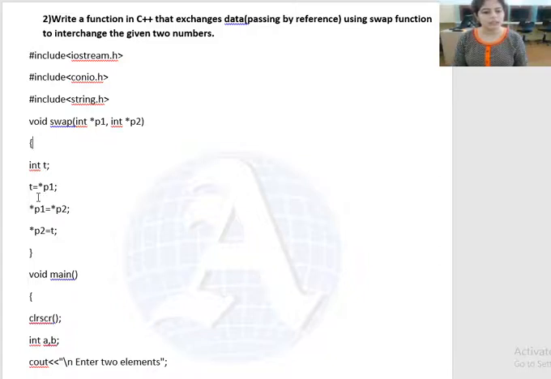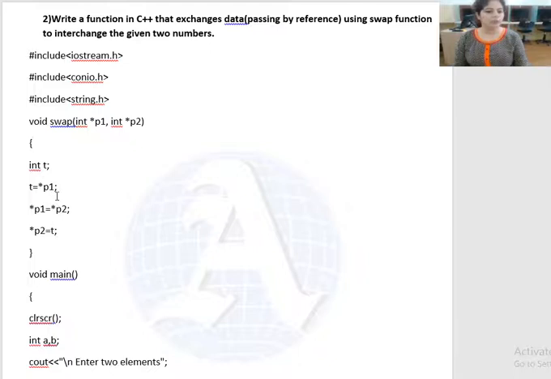Next, t is equal to star p1. Star p1 means it will transfer the value of the pointer variable p1 to the variable t. t is the temporary variable, so this statement transfers the value of p1 into t.